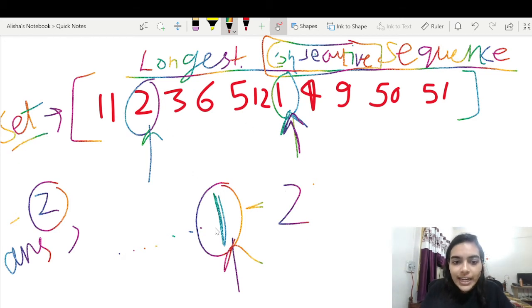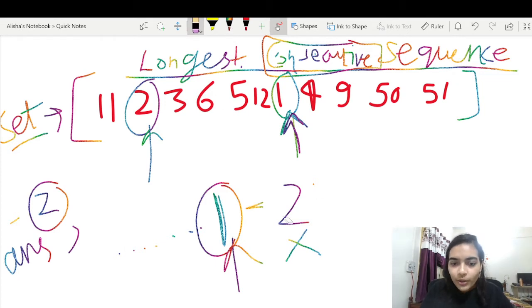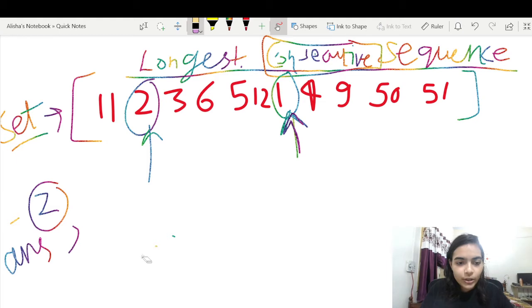So now in the set we are looking for 1, and we found the element 1. That means 2 is getting connected from a previous chain. So what we will do, we will ignore 2. 2 is not single, right? It cannot get connected and start a chain of its own. 2 is already connected with someone. So what we will do, we will ignore this element 2. So let us ignore 2 and let us move ahead.